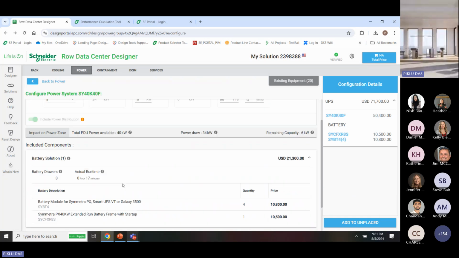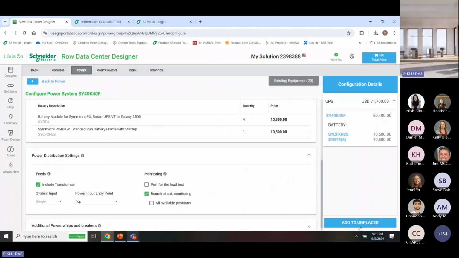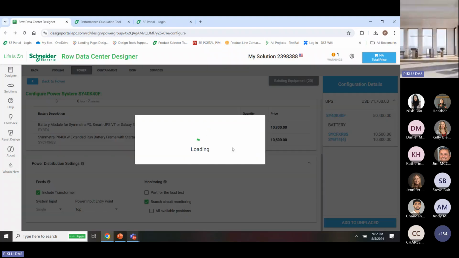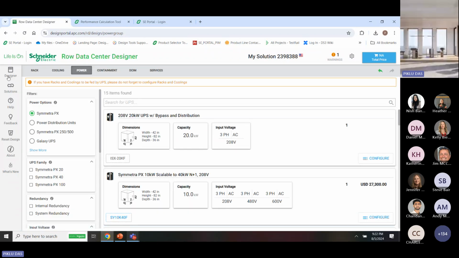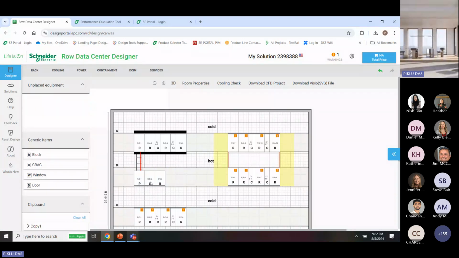So battery solution, we have these batteries, power distribution. I have just selected include transformer. And once I click on add to unplaced, it will take you again to the catalog page, and you can go back to the parking lot. You can drag this particular Symmetra PX40 unit. And you can see that